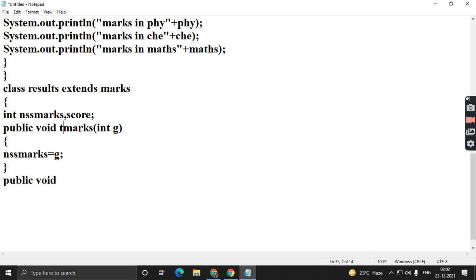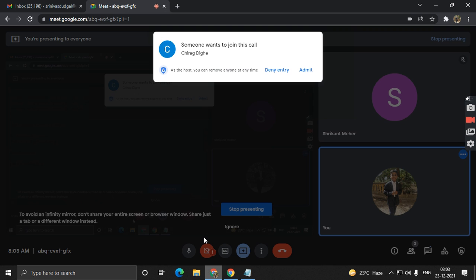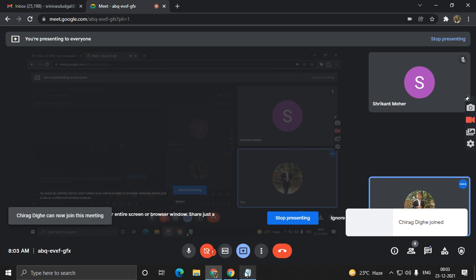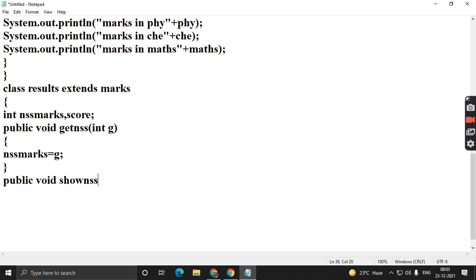We will call this NSS mark. Now we will have one more function, show NSS, where we will show the details of the NSS mark.